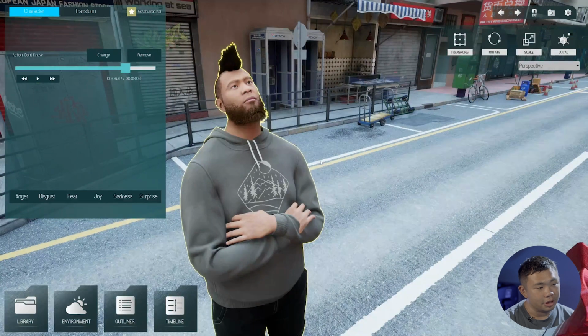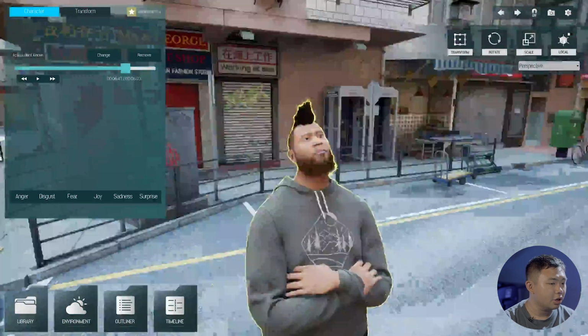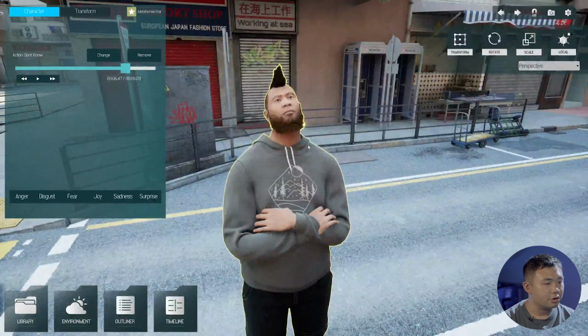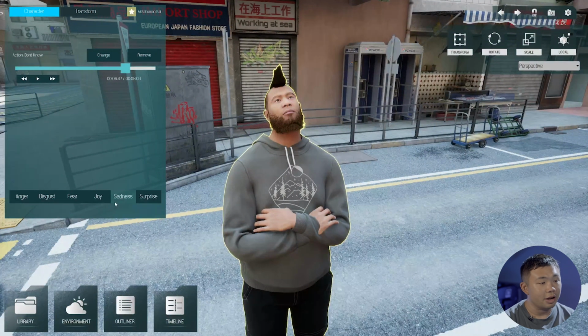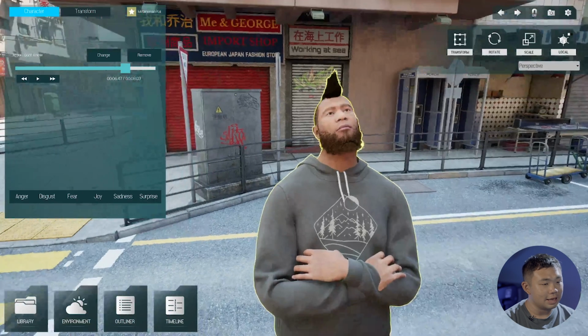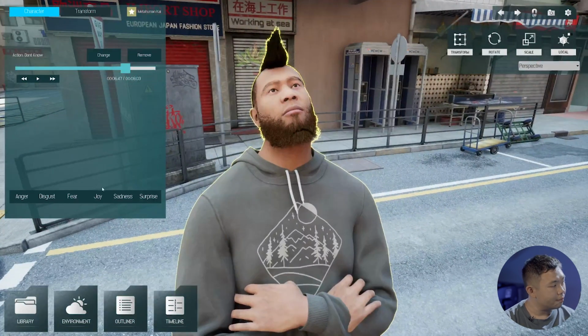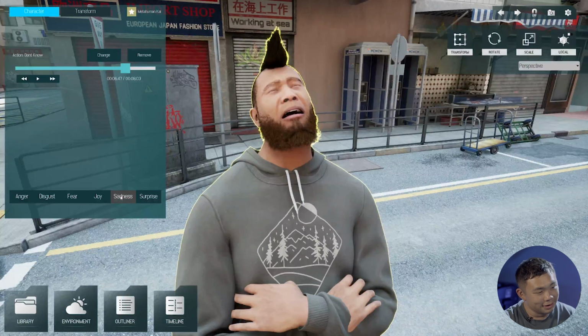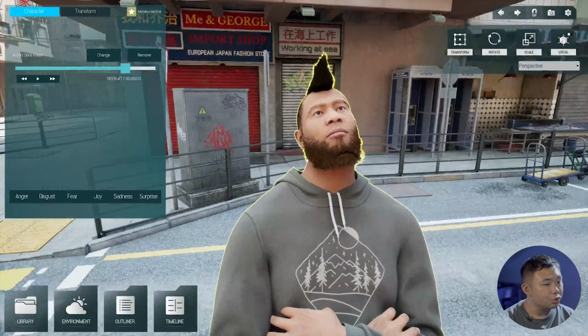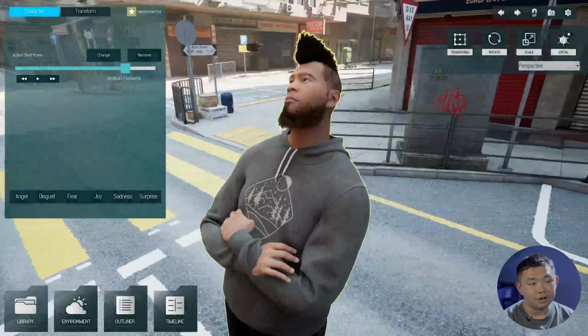And last but not least, because this one is built with MetaHuman, we get some default facial expressions. As you can see, we get 6 groups of facial expressions, and each facial expression has different levels. You can choose how sad your character is. Let's try. A bit sad, very sad, really very sad, and want to cry. And I don't know how to describe this one, but yeah, it goes back to the normal facial expression. You can choose the facial expressions that fit your need.